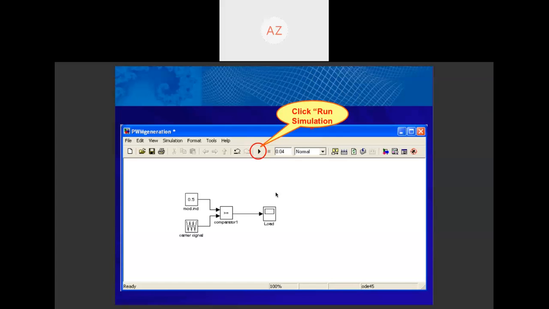Another one: may I know what is the function of modulation index? For power electronic circuits, you can vary the modulation index in order to control the speed of a DC motor and so on. You can control the speed with modulation by controlling the modulation index. Okay, that's all. I think you can proceed.